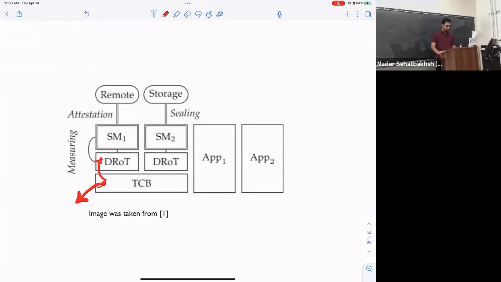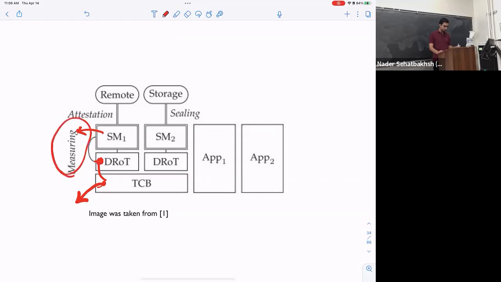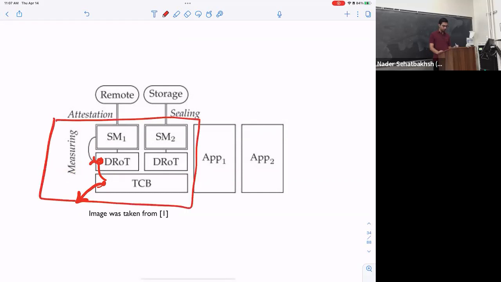And then if you have any secure programs or secure modules, SM1, SM2, you measure this secure module using this dynamic root of trust. If it's actually trusted, then it also becomes part of your trusted environment.